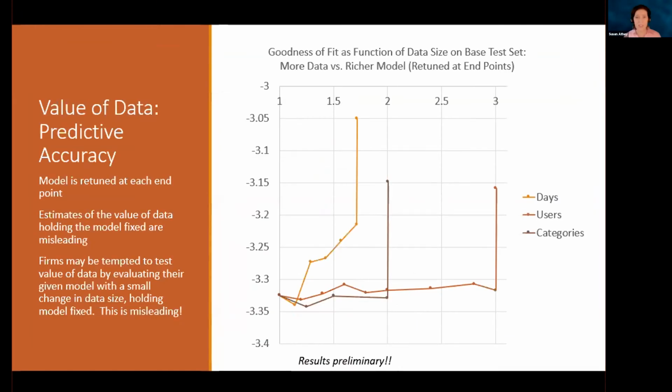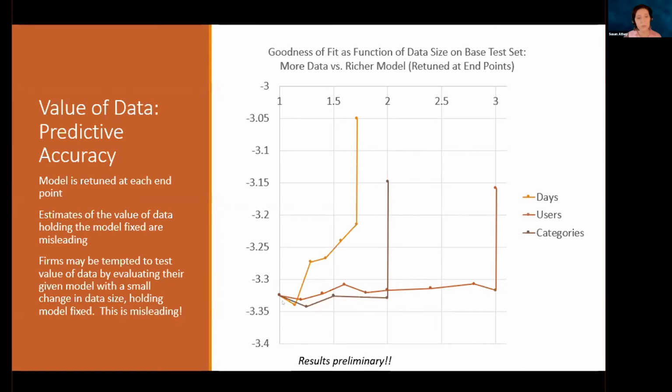Finally, something that's in progress, I've been working on this for the last year, and we still haven't got our final results. We've been trying to look at using a different data set, a big data set from India. What's the value of additional data for targeting? We look at 3 kinds of data: retaining data longer for users, adding more different categories to the data set and allowing us to learn across more different categories, and adding more users to the data set. And we also look at the benefit from adding more data versus retuning the model and getting a richer model that better exploits the larger data set.